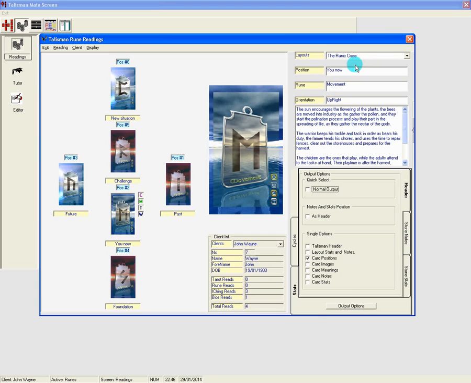That includes the header. You can switch it all back on and choose to put the header as a footer, so that the rune statistics, the header stuff, will no longer be a header, it will be a footer. You could switch off the ordinary talisman header, that's the one that says the name, the client's number, the client's name, the client's date of birth, that sort of thing. The layout statistics, that was the first one we went into, which is